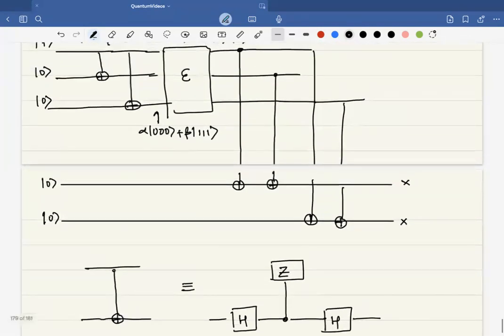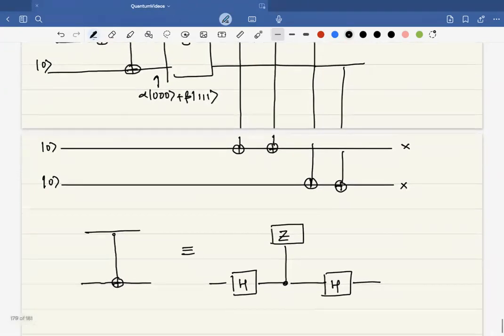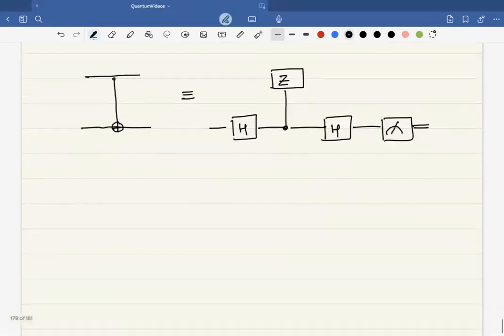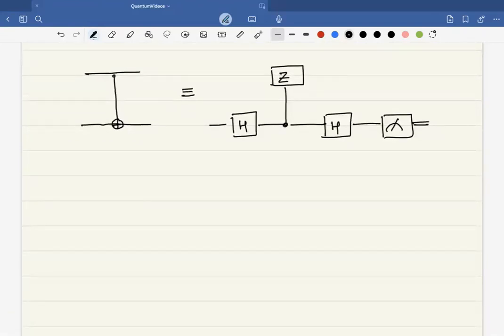All right, so I'm going to take the syndrome detection circuit and convert it into this circuit, and then we'll have a measurement over here. Okay, so let's look at the equivalence of the syndrome detection circuit. So we have this circuit, which is Z1, Z2, and then